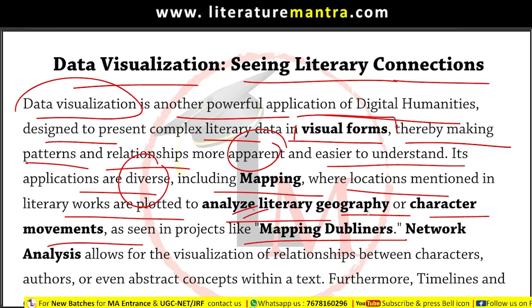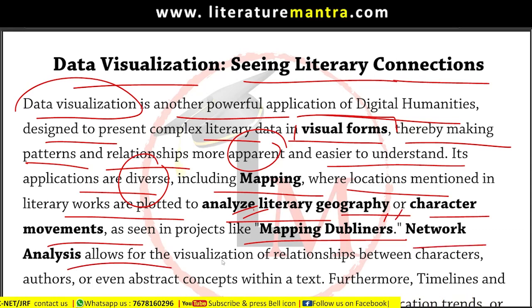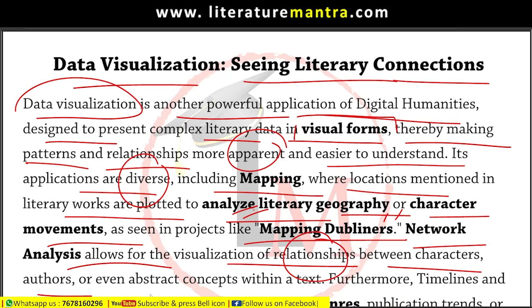Now, this is the name of a very famous project in digital humanities. ठीक है, using computational techniques, they have tried to map this. Network analysis, उसके बाद ये है, network analysis allows for the visualization of relationships between characters, authors, or even abstract